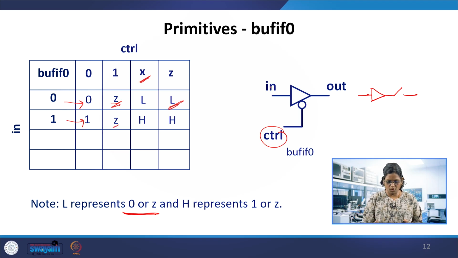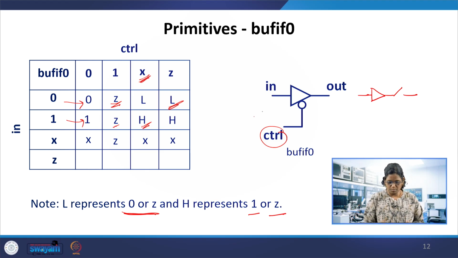If the input is 1 and x is 1 or 0, it depends on that whether it is going to be passed or retained in the high impedance state. So H is represented to specify that H can take two values here, either 1 or Z, the high impedance state. So L, low, can be 0 or Z, and H can be 1 or Z. Control can be X, and similarly input can also be X, either 1 or 0. It is going to be 1 when control is 1, this is going to be high impedance, otherwise whatever X is at the input will be passed.